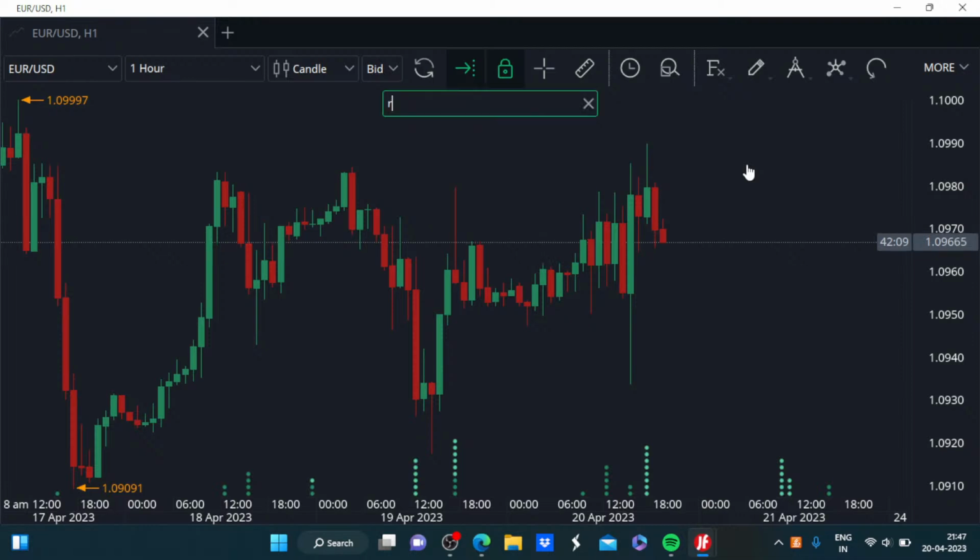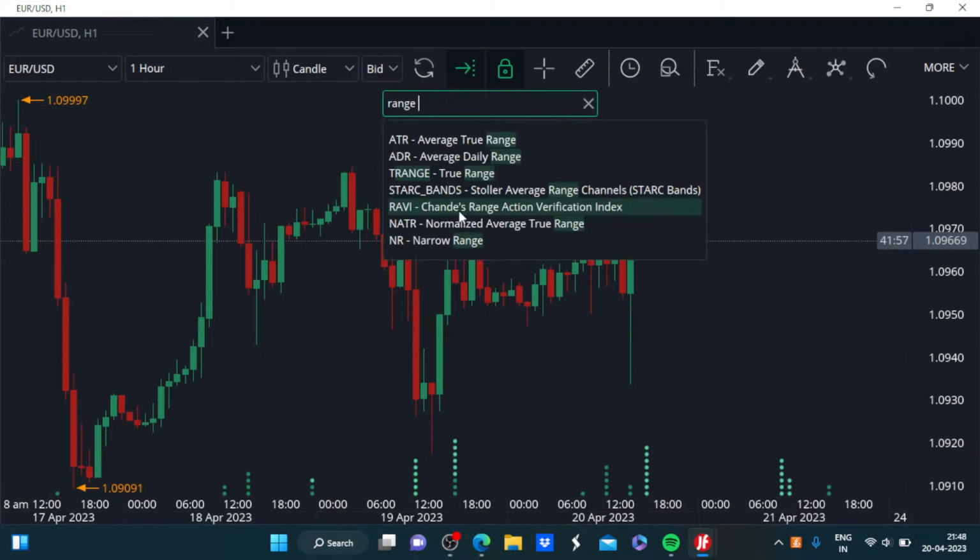action verification index. Here it comes. This is the one. Let's add it to the chart. The reading is generally considered